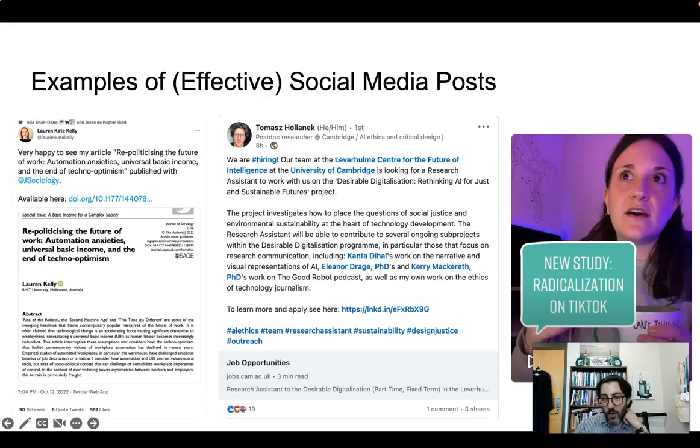And then finally, one that's completely different, but nevertheless helpful to think about, is this one from TikTok. So the video that's depicted here is from a well-known researcher in the Netherlands who focuses on misinformation and radicalization online, and in particular on TikTok. And so as you can see here, just from this little snippet, the image is primarily the researcher with limited words used on the image right now.